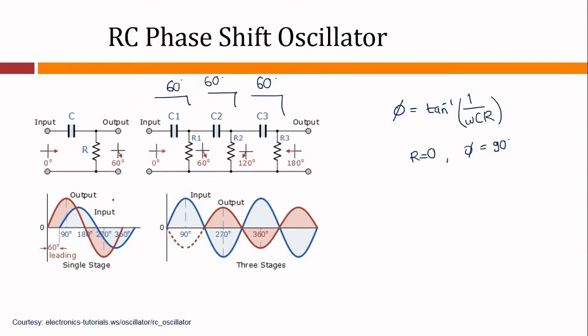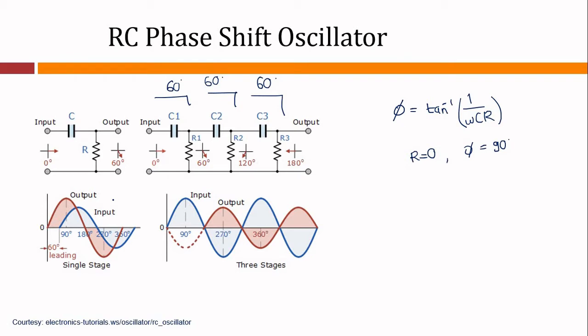The circuit on the left shows a single resistor capacitor network whose output voltage leads the input voltage by some angle less than 90 degrees. In a pure or ideal single pole RC network, it will produce a maximum phase shift of exactly 90 degrees, and because 180 degrees of phase shift is required for oscillation, at least two single pole networks must be used within an RC oscillator design. But we have discussed that it's theoretically okay, it's possible, but it is impracticable.